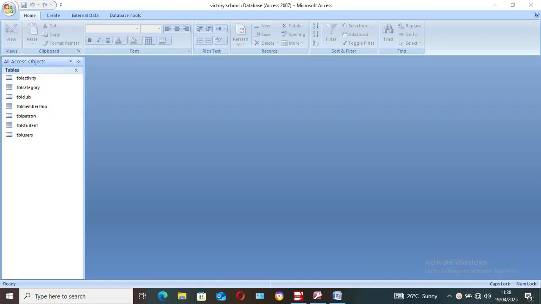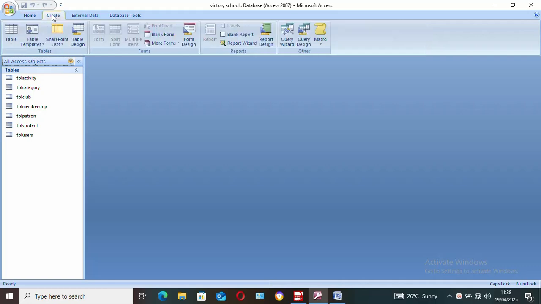So now that you have the relationship between the tables, and you also have the tables, the next thing that you are going to look at is the forms. And the reason why I'm creating the form first before I create the queries is that you can put data in the table, so that when you create the queries, you'll be able to see the result of the forms. So you go straight to create,